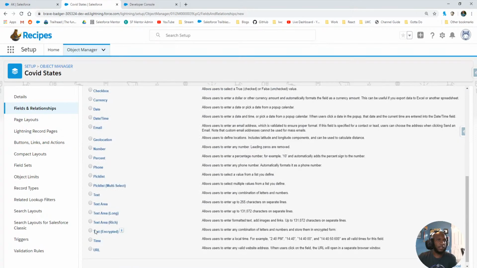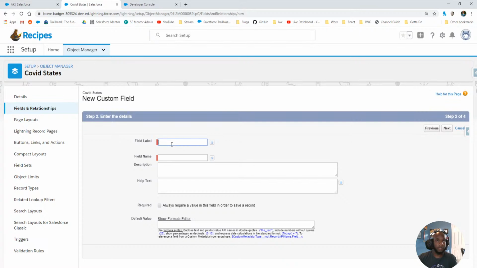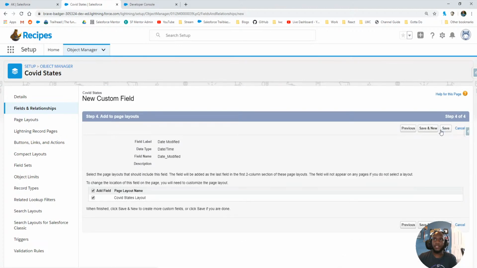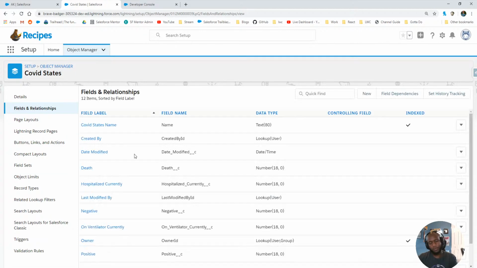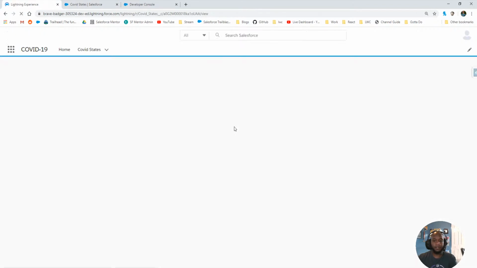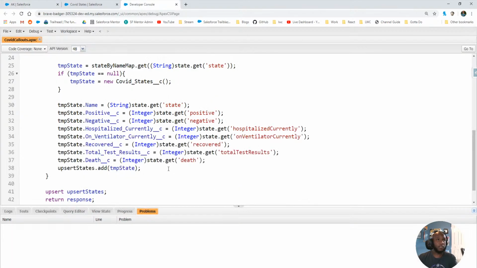This will be a date time. We're going to have to figure out the date time because they give us the date time. And we're going to call this date modified. And we're going to next through everything. Remember to always put it on the correct layouts, match your profiles, make sure people don't have read access to your fields. But in this case, we're just having a little fun with this. So we are going to add it onto everything. So now we have our date modified field,